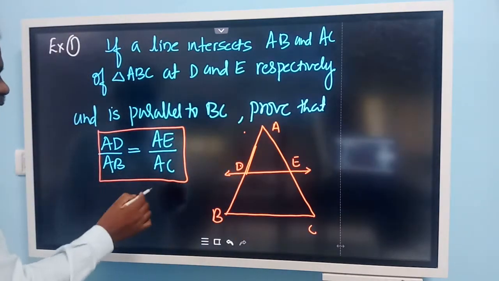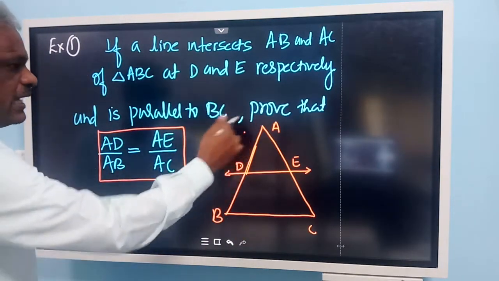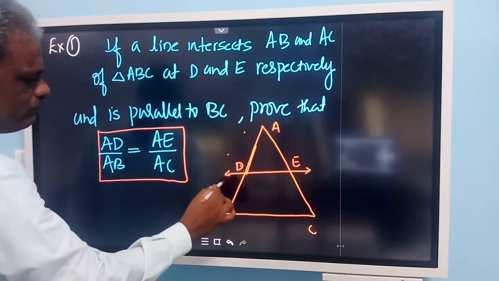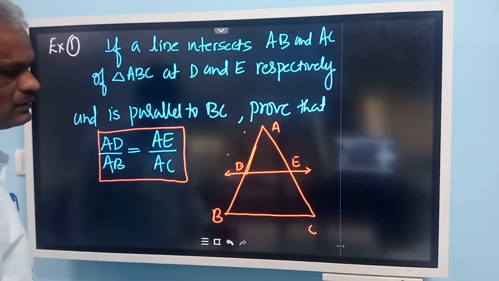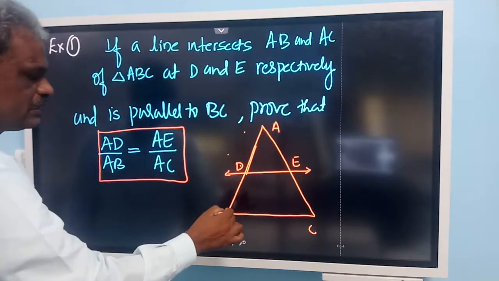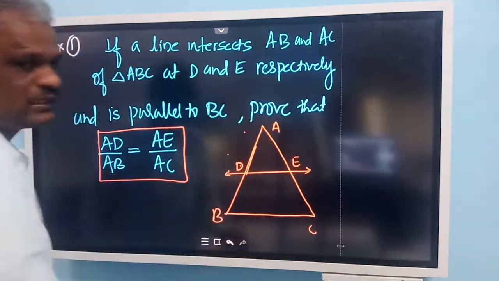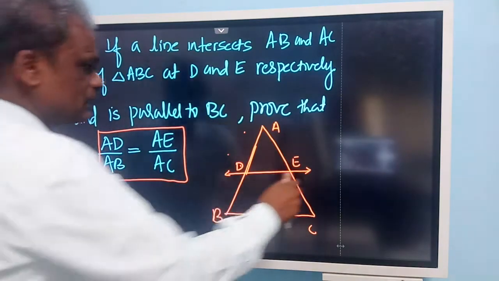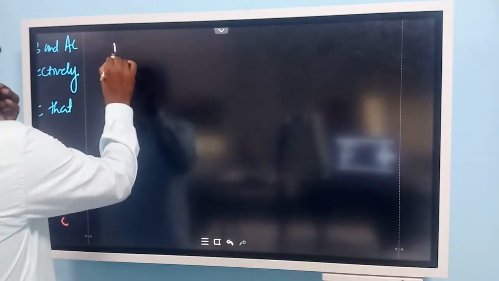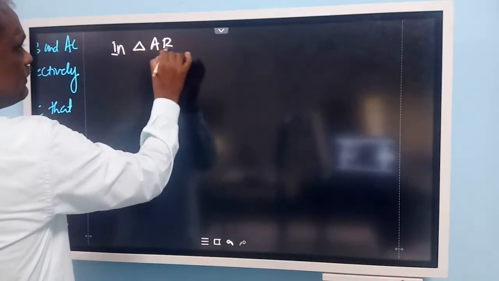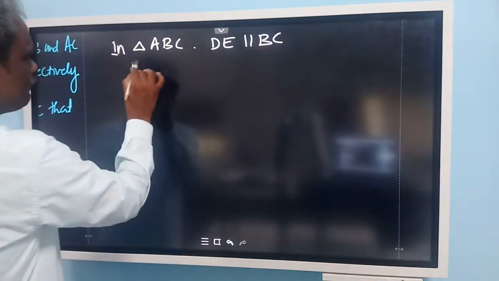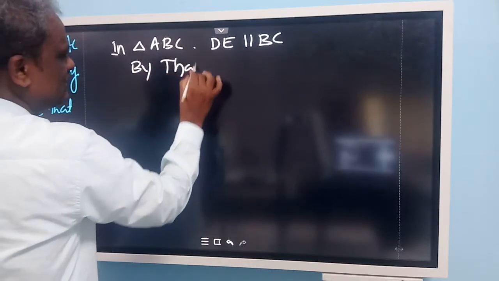But here look at this, what do you have to prove? AD by AB you have to show. Thales theorem says AD by BD, AE by CE. But here you have to prove that AD and the whole length AB, AE and the whole length AC. So now, since DE is parallel to BC in triangle ABC, by basic proportionality theorem or by Thales theorem,